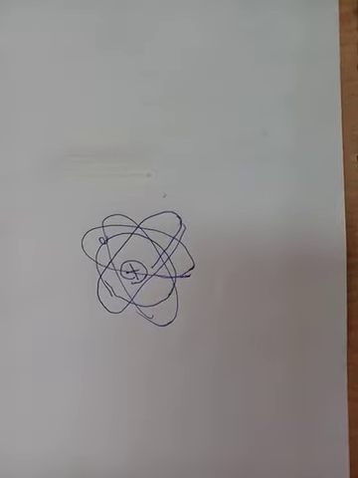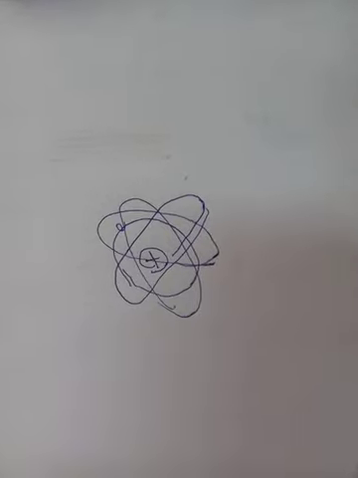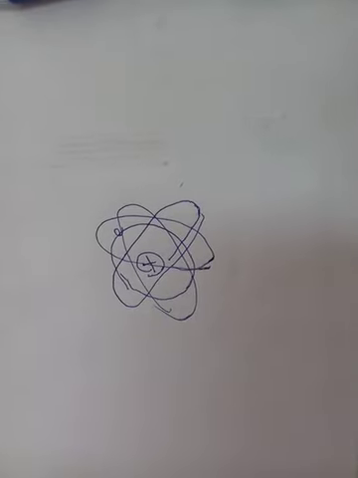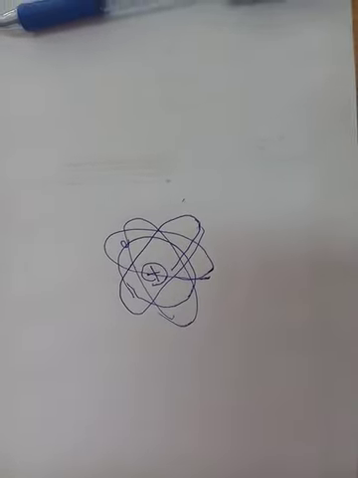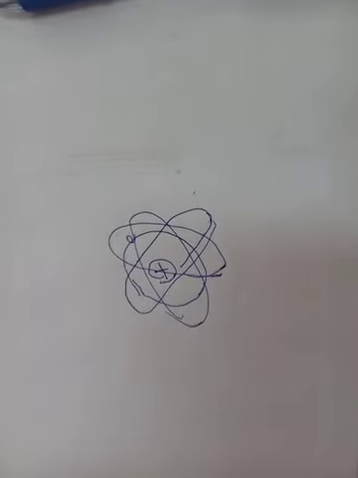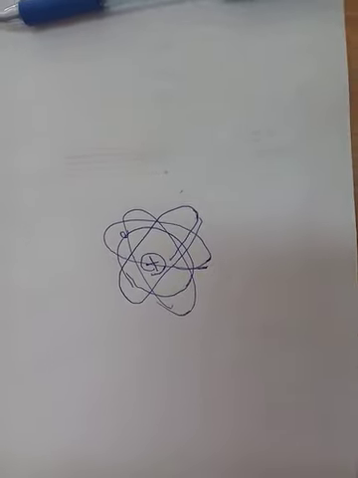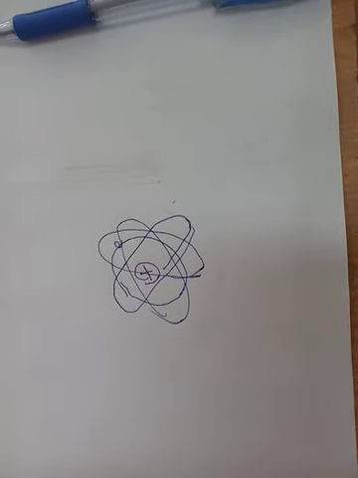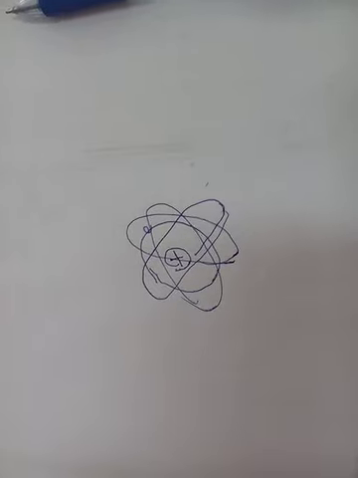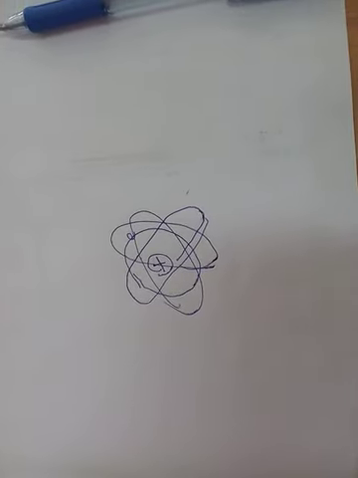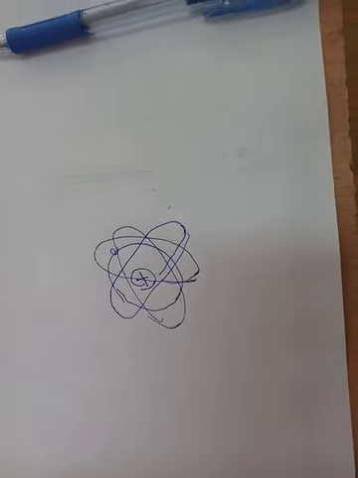So this was another drawback: if the electron had to revolve in a single plane, then the atom would be flat, but the atom is not flat. The electron actually revolves in 3-dimensional space all around the nucleus, in any plane. So the motion of the electron is not a planar motion, it is a multiplanar motion. It can revolve around the nucleus along any axis.